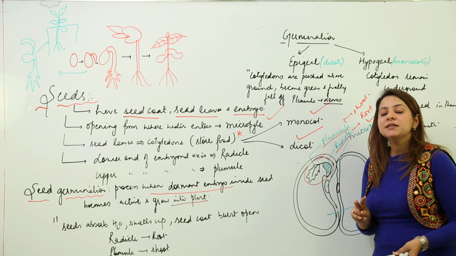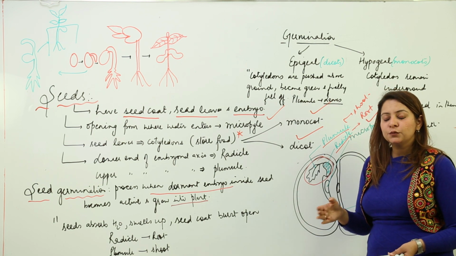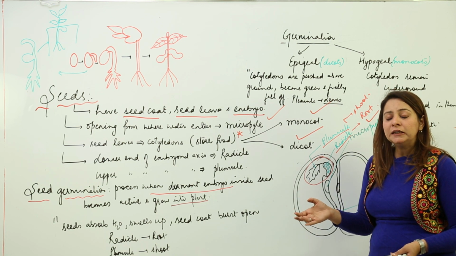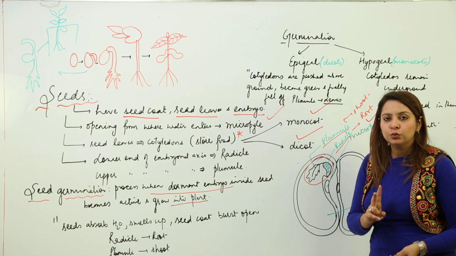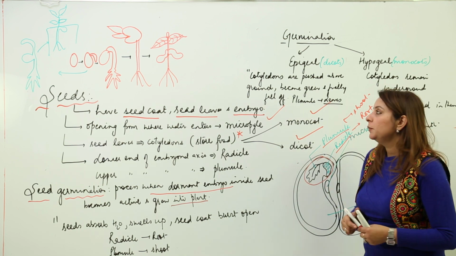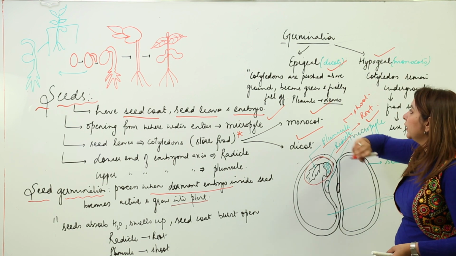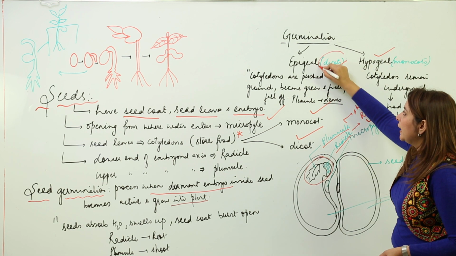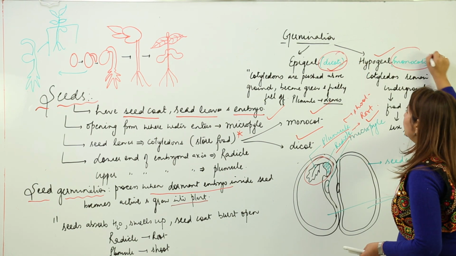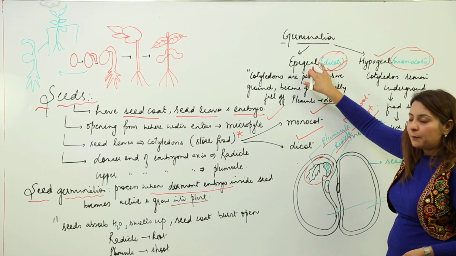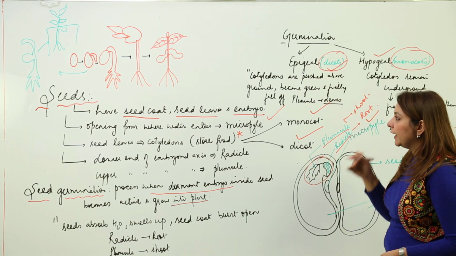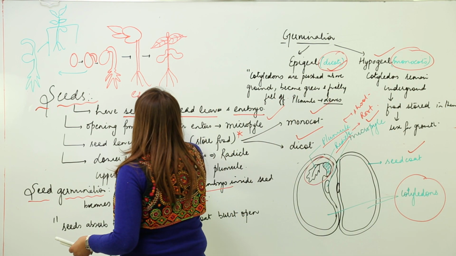Now germination is different in the case of monocots, which have one seed leaf, that is one cotyledon, and dicots, which have two cotyledons. This kind of germination is called epigeal or hypogeal germination. Epigeal germination is seen in dicots and hypogeal is seen in monocots. So what is there in the epigeal? In this, the cotyledons actually, as you can see,